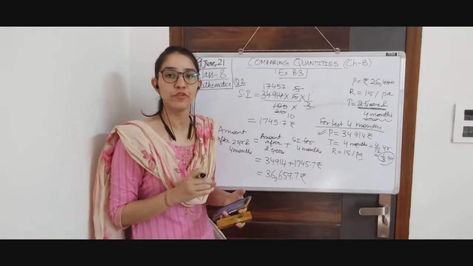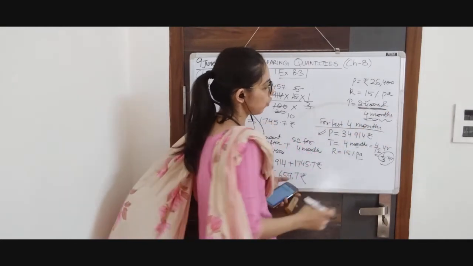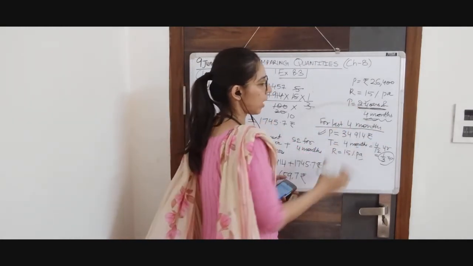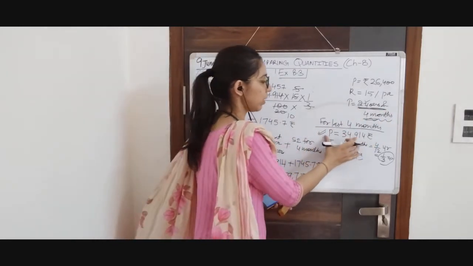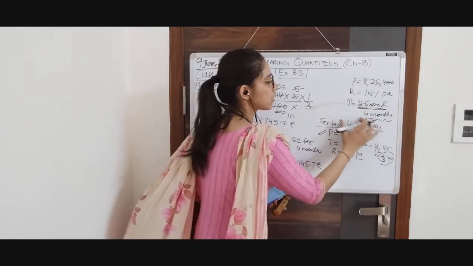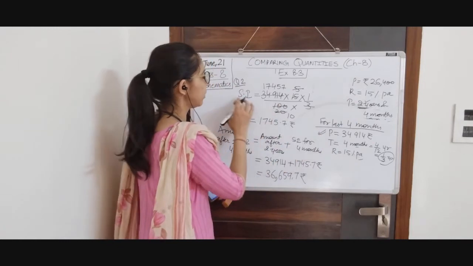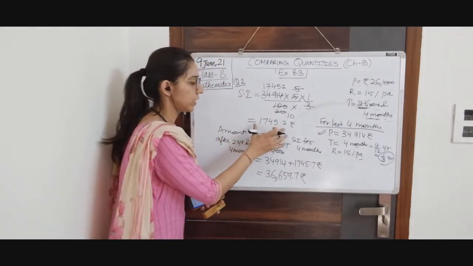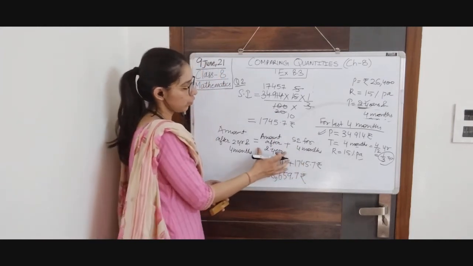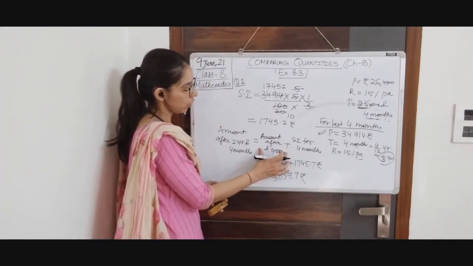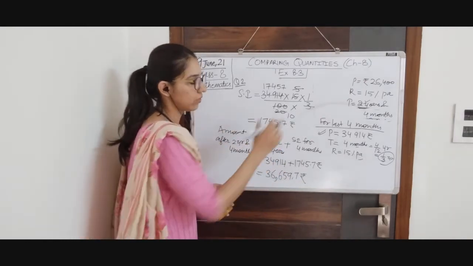I'm again repeating, if your time period is given in terms of years and a few months, you will calculate compound interest for the whole years part, and then after calculating the amount, you will use that amount as principal for the next months. For the 4 months you will use this as principal, and you will use the formula for simple interest for calculating the interest for these 4 months, and you will add this simple interest to the amount after the whole number of years to calculate the final amount after this time period.